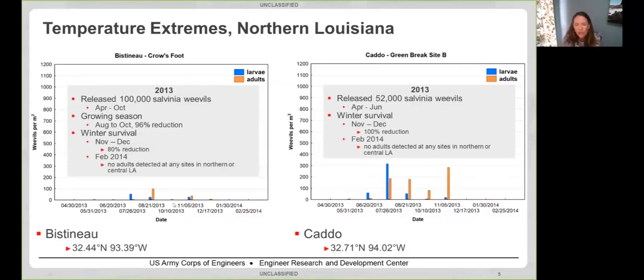We're still in the growing season. We're actually entering kind of milder temperatures. So we really couldn't pinpoint why we would have lost these weevils at this point. And we really thought that maybe it was a fluke, something to do with our sampling methodology. And so we went ahead and re-released in October, and we came back in November, and we detected a small